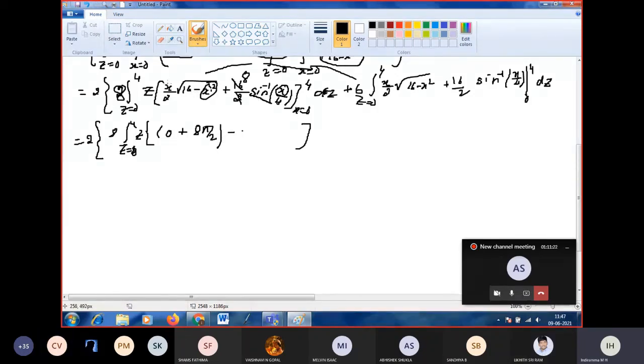Put x equal to 0. If you put x equal to 0, this completely becomes 0. Here I am putting x equal to 0. What is sin inverse 0? 0. Did you clear this one? Limit application into dz plus, what we have here, 6 integral z is equal to 0 to 4, upper limit minus lower limit. Same thing we are getting, right? Shall I write directly? 8 pi by 2 minus 0.